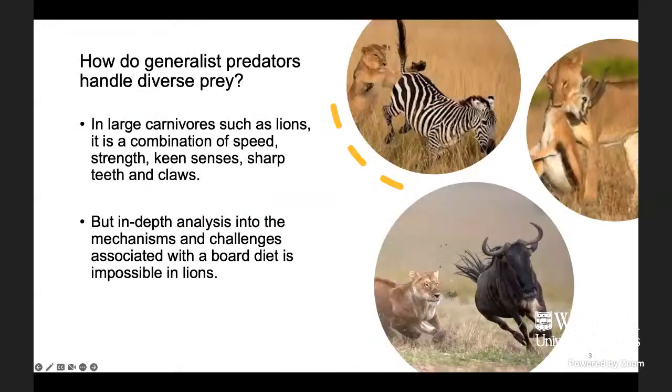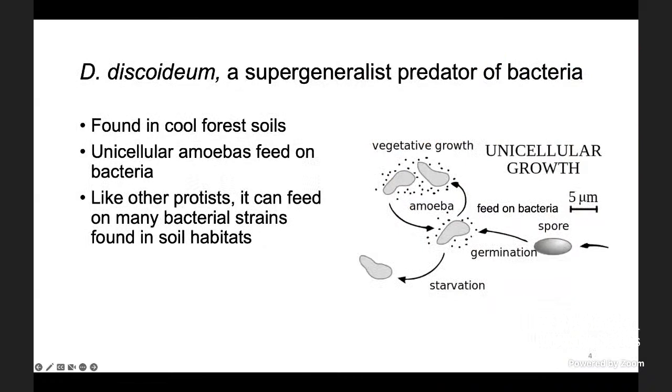So how do generalist predators handle diverse prey? Now, in a large carnivore such as a lion, it's some combination of speed and strength, and it's just chasing this animal and killing and is able to eat it. But an in-depth analysis into the mechanisms of maintaining a broad diet breadth or the challenges associated with it is impossible in lions. So I study them in the next best thing, which is